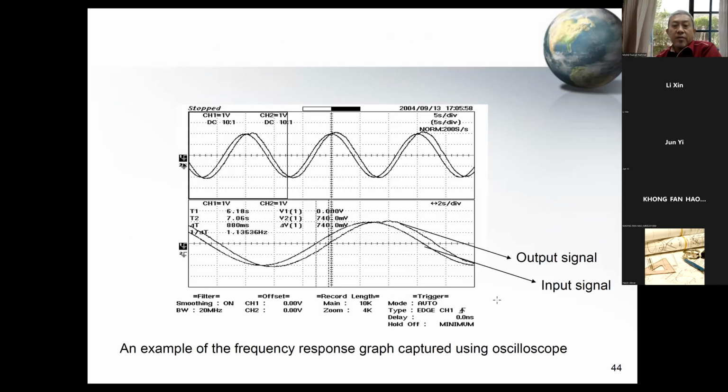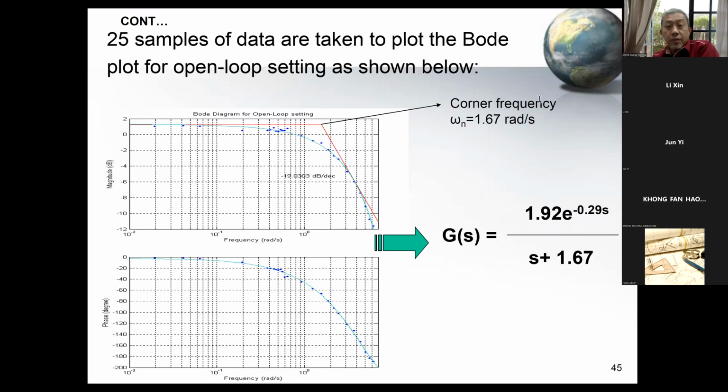And you can see that from the experiment, this is a real experiment from the oscilloscope. So you can see the phase difference and the magnitude difference, the amplitude difference, when we apply the frequency response experimental. And for open loop, it is